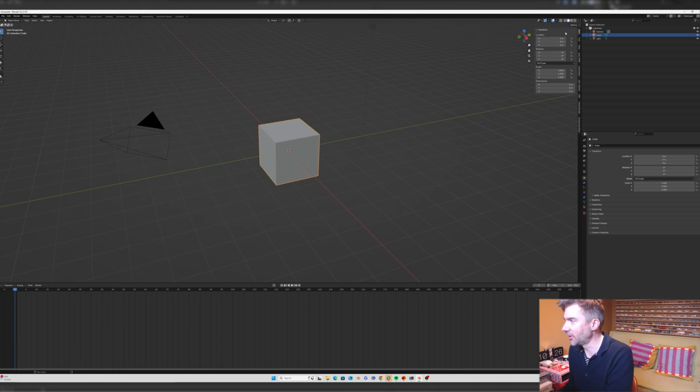If we hover over any of these three locations and hit the I key,